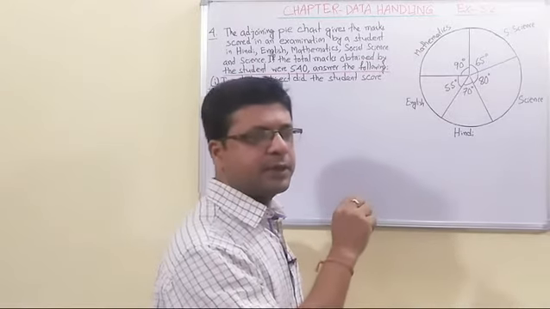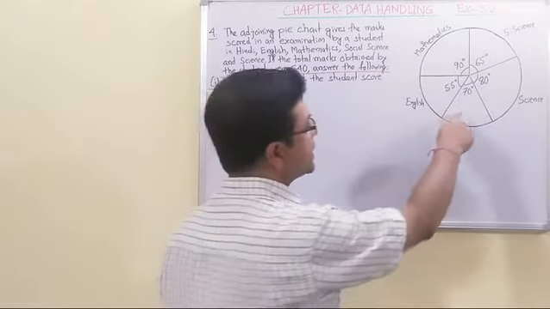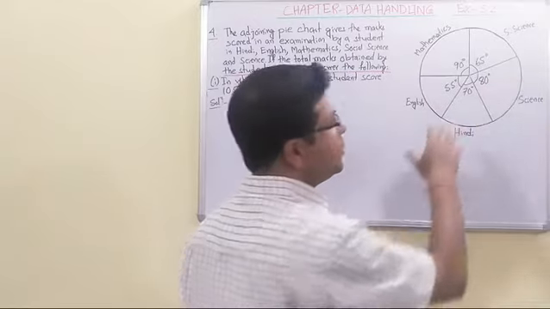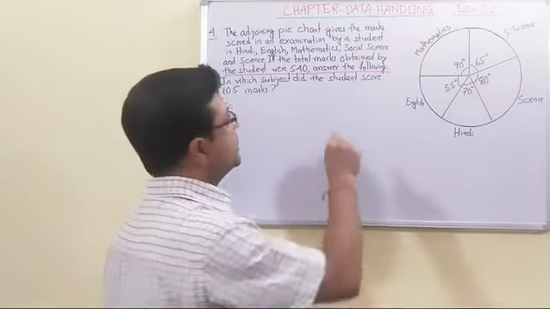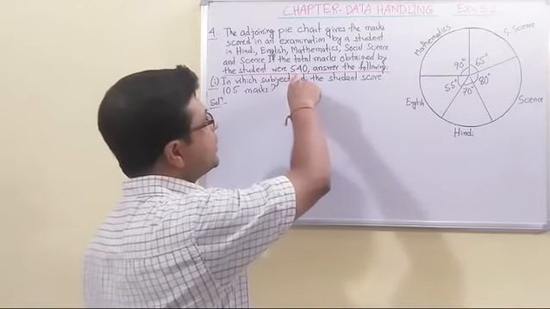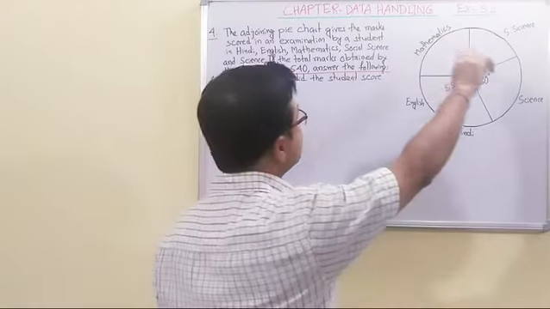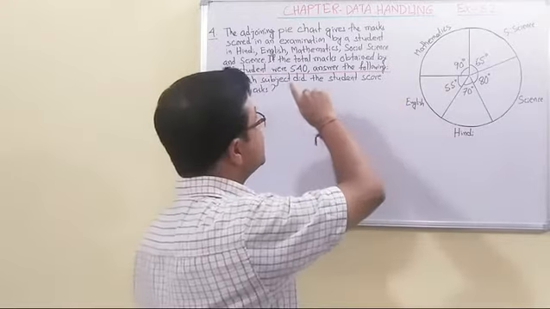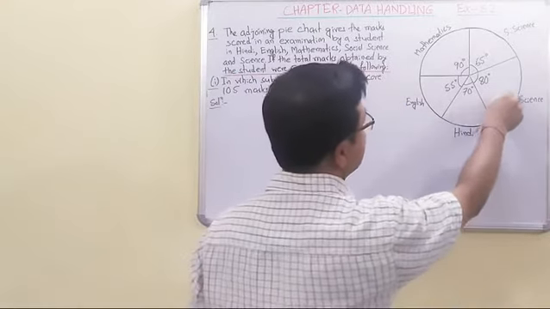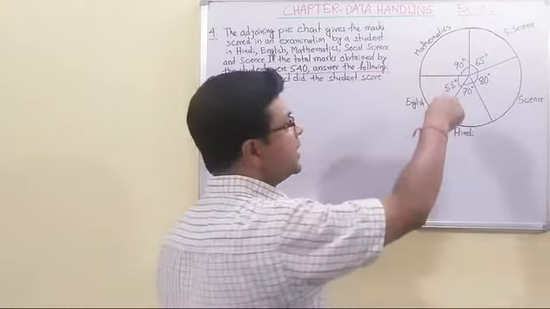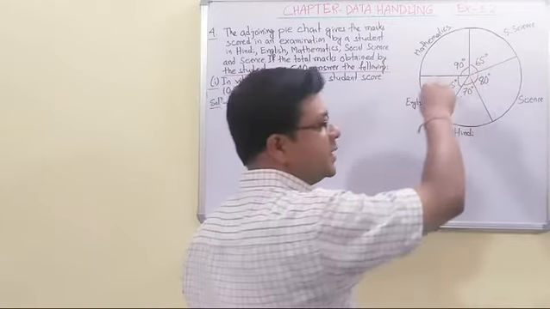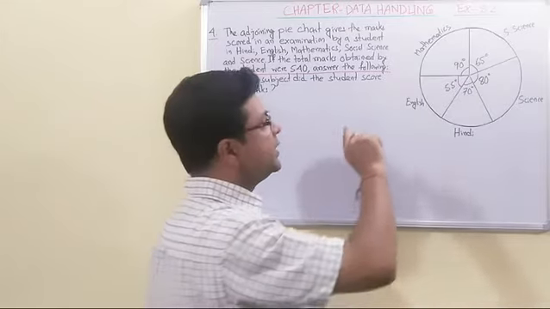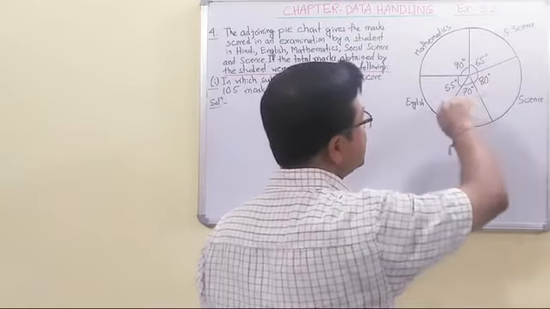Alright. But student, if we find the marks for each subject, it will be a very lengthy sum. So we can do this sum in an easier way. Here you see the total marks was 540. How did the student obtain 540? 540 is the sum of the marks obtained in all these subjects. Similarly, the sum of all the central angles is how much? 360 degrees. That is, 540 marks corresponds to 360 degrees.